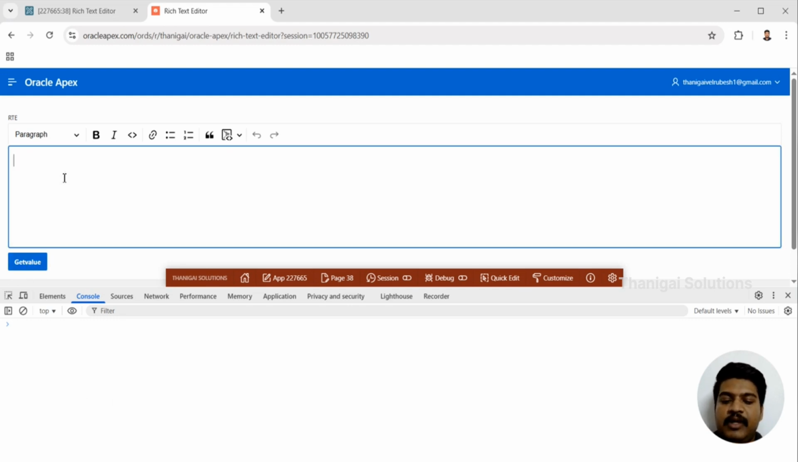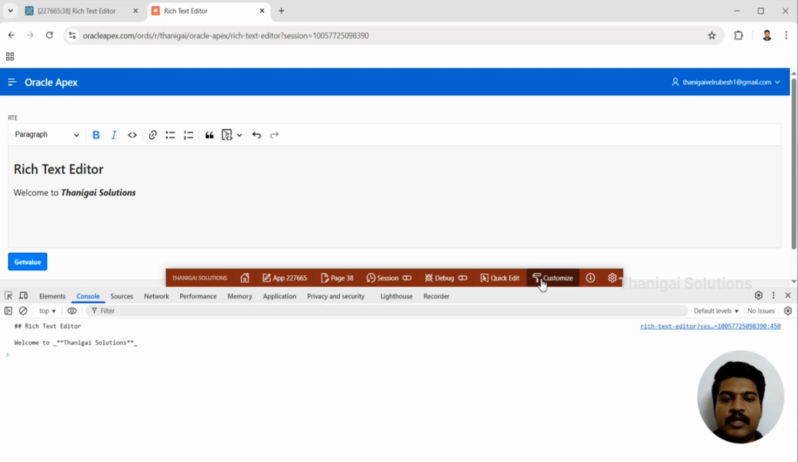For example, the same thing I am going to make in the rich text editor. For that I am going to make it heading H1, and in the next line I am going to write Welcome to Tanigai Solutions, and I am going to make this bold and italicized. So now we have written 2 lines of data and we have applied some formatting. On clicking this Get Value, how the data is coming, we will see that value in the console. So I'm clicking on Get Value. Here you can see in the console,